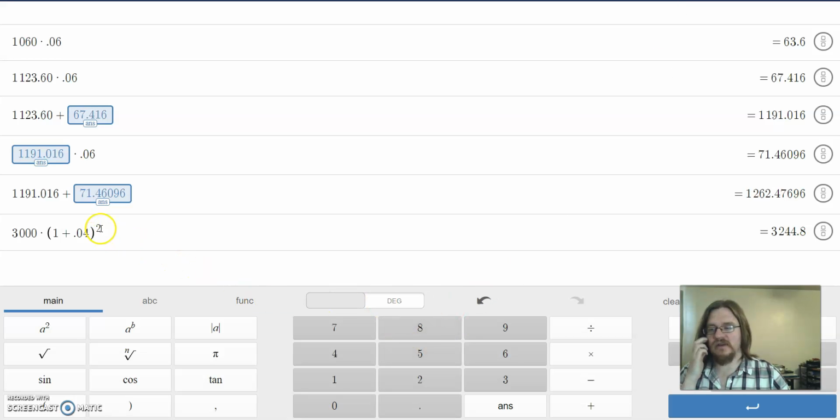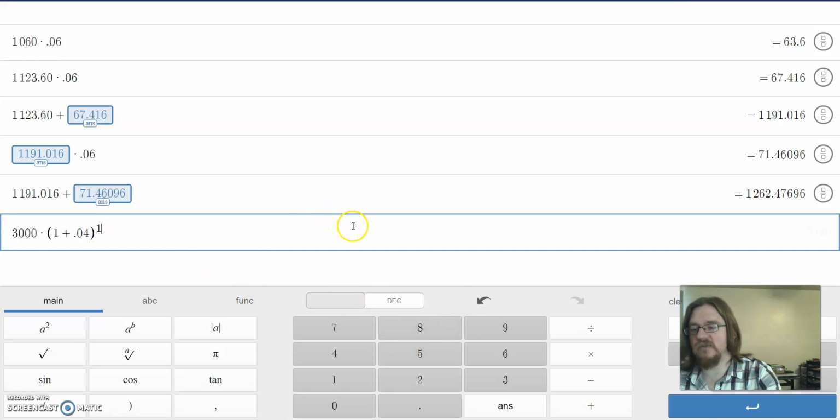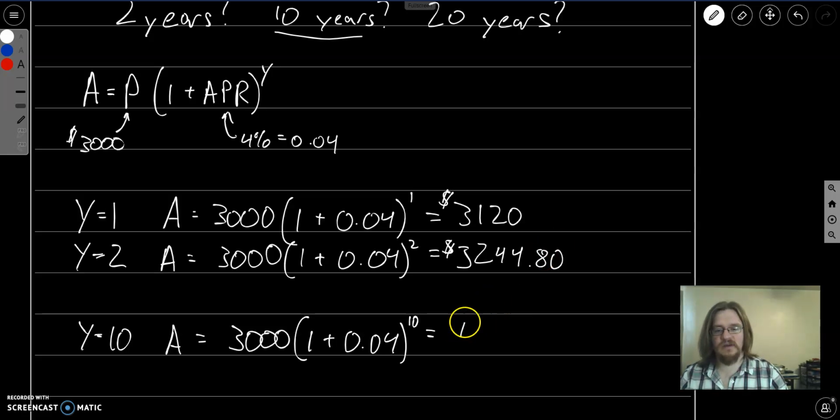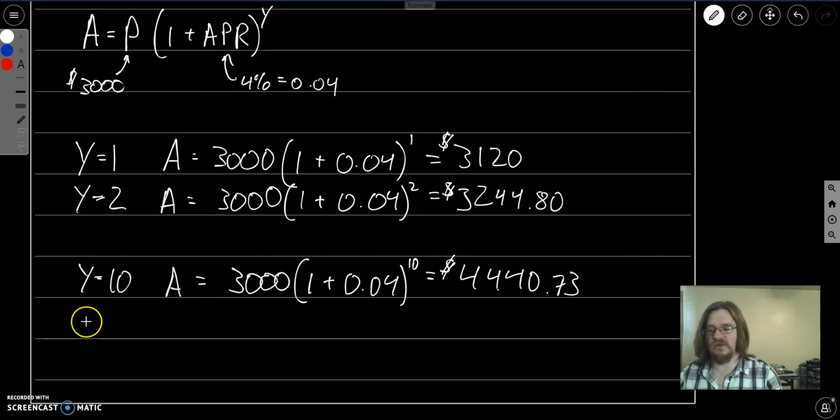So if we come back up here to our formula, I can replace the 2 with a 10, and we now have $4,440, and it looks like 73 cents if we round it to the nearest cent. So we've got $4,440 with 73 cents. And then the last one that they asked us to do is to do this for